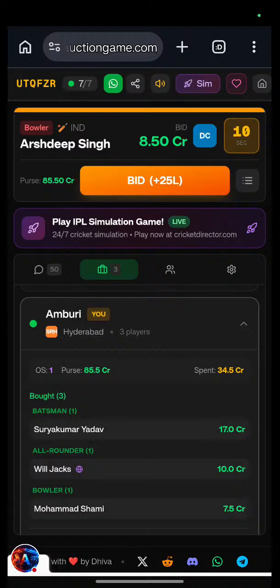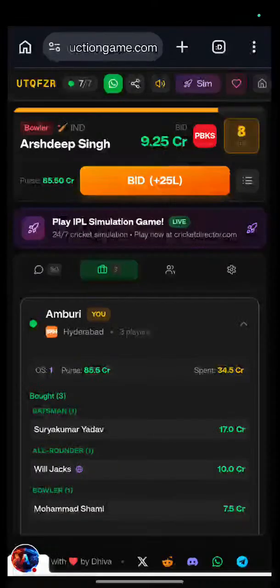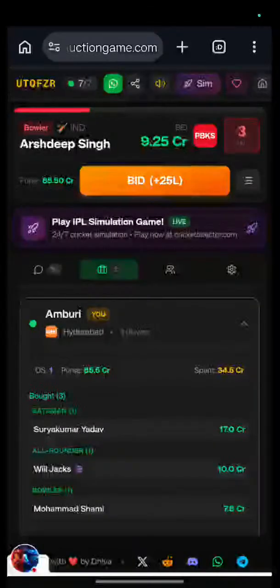So the formula for this will be x plus 2x square plus 3x cube. That means this will become summation n x to the power n